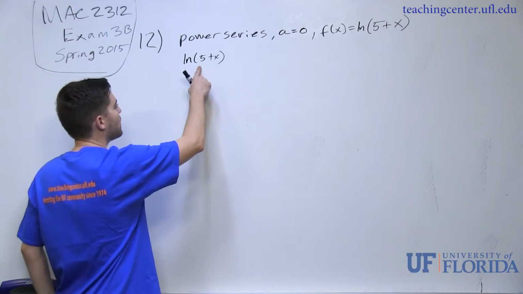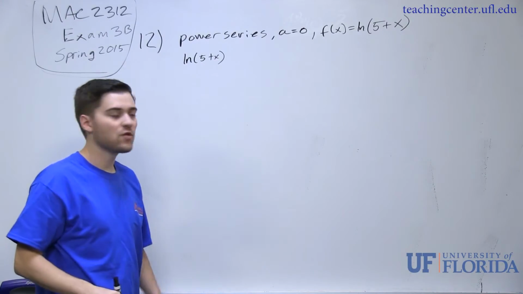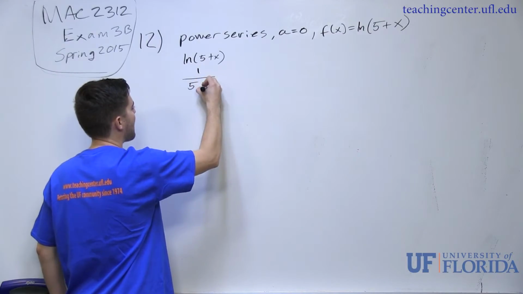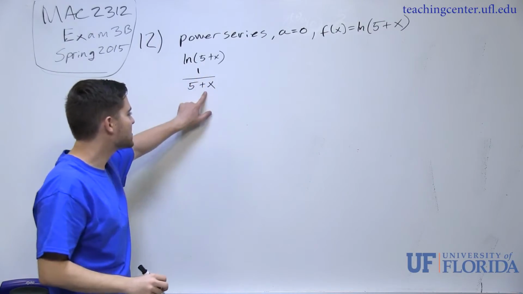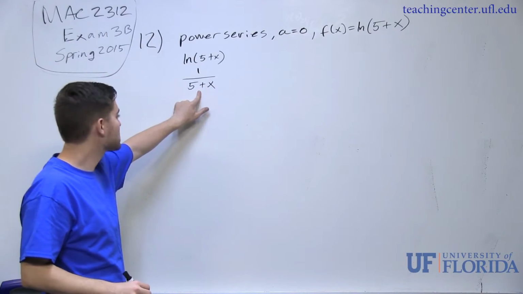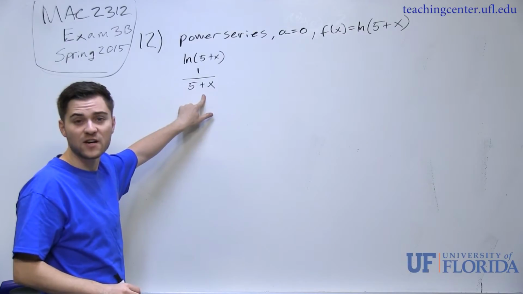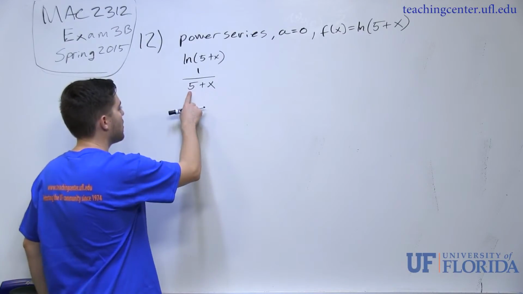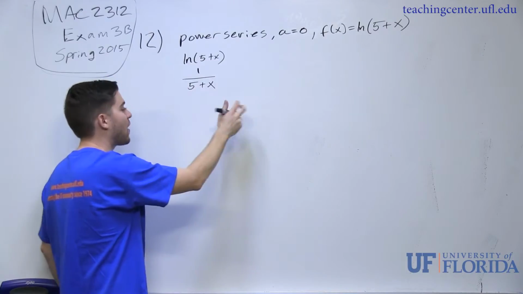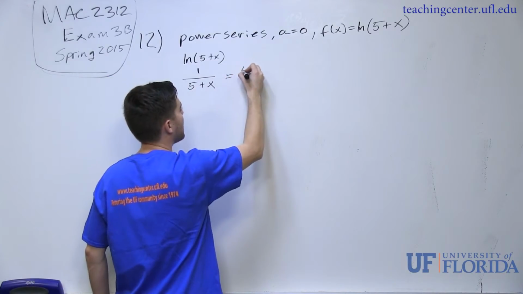So to do that, I'm going to look at its derivative. If I take the derivative of this term, I end up with 1 over 5 plus x. This is a function that I can use to find a series. So let's try to find a series from this. If I need to use the definition 1 over 1 minus x, I need to get rid of this 5. So I'm going to pull out a 1/5